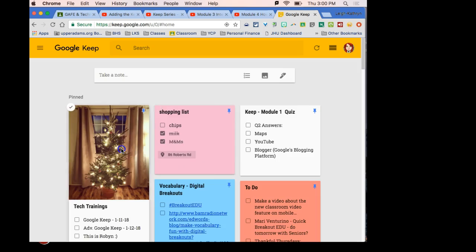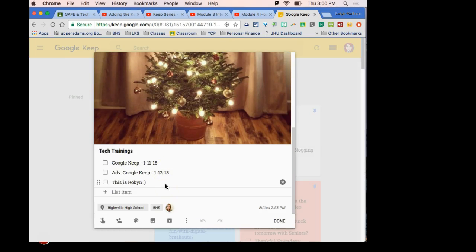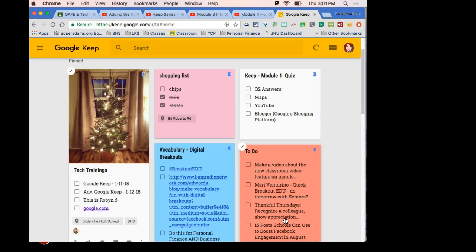If I go back into our little note, I just did google.com. It's a live link. So when kids find somewhere that's useful for whatever, you can just add it right there, and you click on it and it'll take you out, click on the link here that says go to link. I haven't clicked on done. Oh, I haven't saved it. So you've got to click on done to save it.